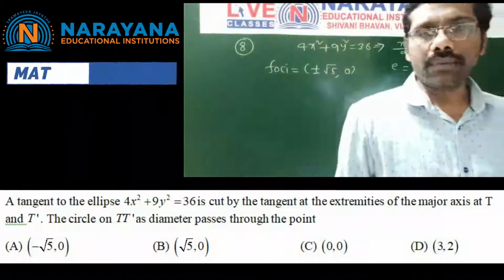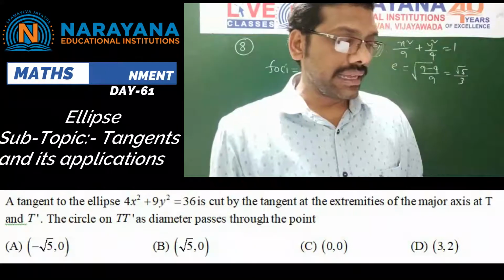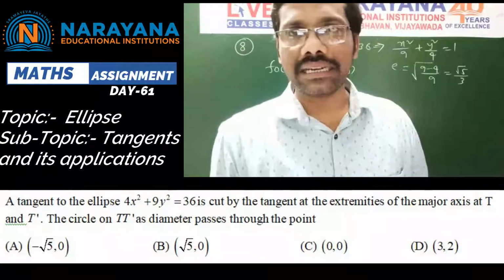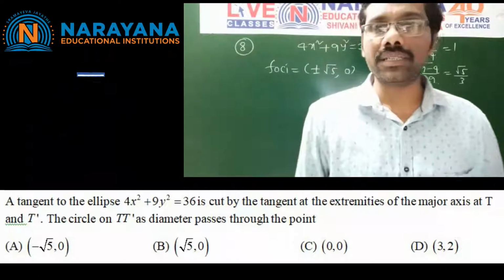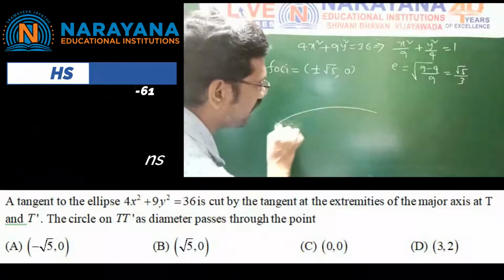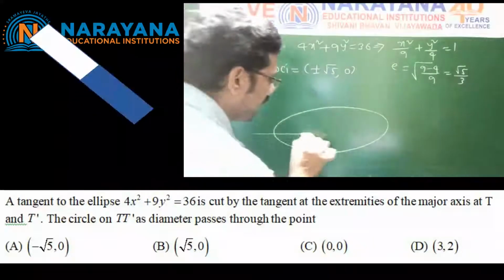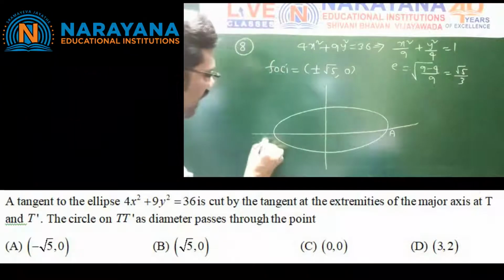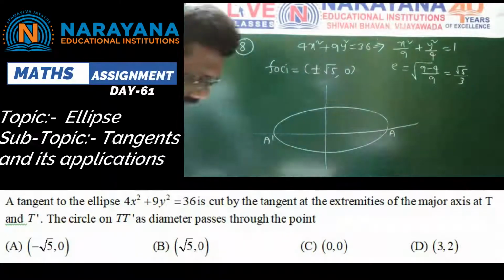A tangent to the ellipse is cut by the tangents at the extremities of the major axis at T and T dash. The circle on T T dash as diameter passes through which point? So take the ellipse. This is called the major axis. This is called the minor axis. This is A, this is A dash. A comma A dash are the